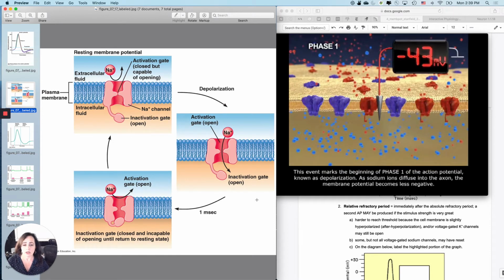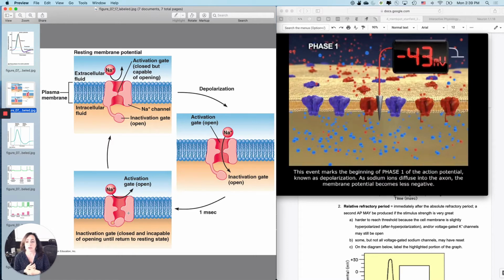I think we can agree that as long as this sodium channel is in this position, it's already open, it's already busy, you can't open it anymore. So even if I depolarized it again, I couldn't get it more open. So it's busy right here, okay? And likewise, once the inactivation gate closes, because I closed it close to positive 30, it's busy right there. And even if I opened the activation gate, I couldn't get any sodium moving in.